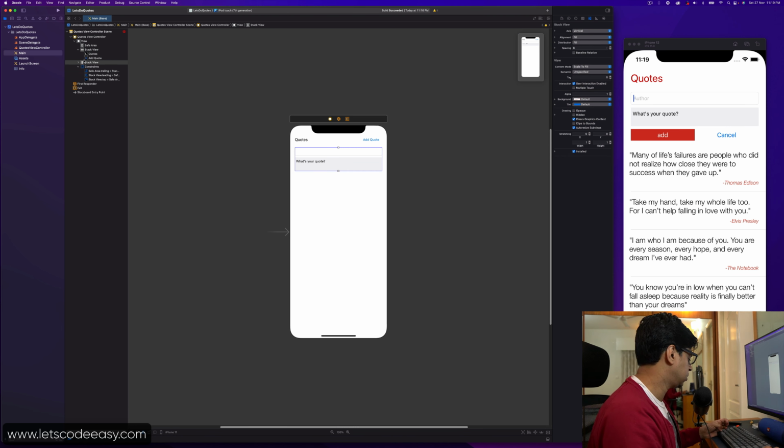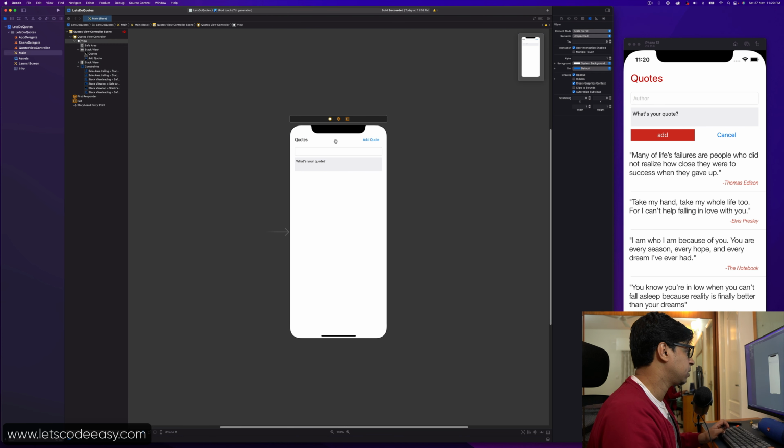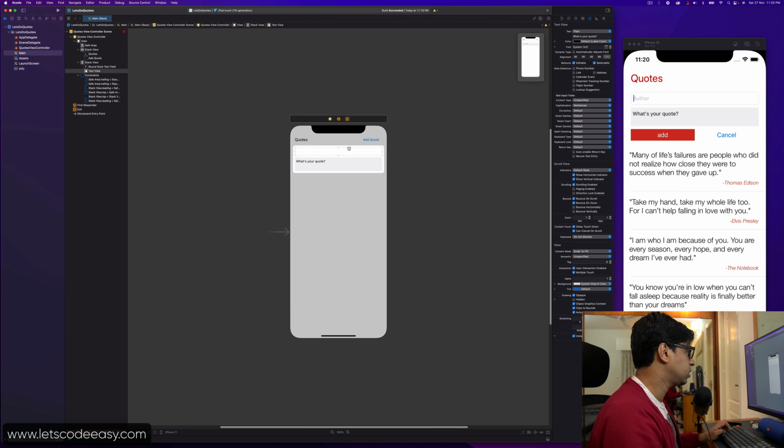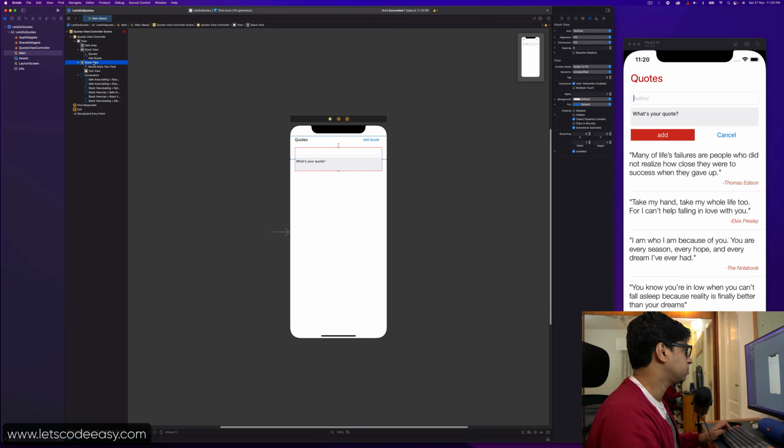Then let's set the constraints for this as well. Vertical spacing to this, leading, trailing. Yep. And then that should be good enough to start, because it also needs to have the bottom couple of